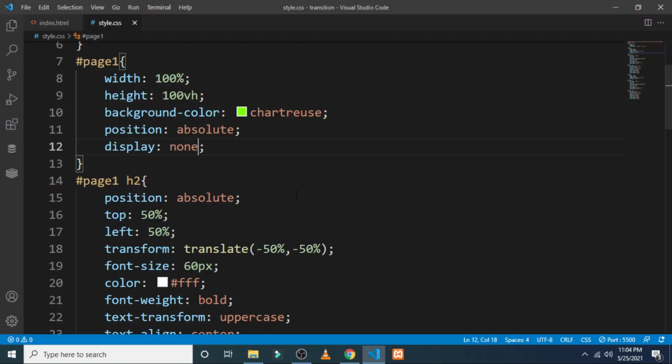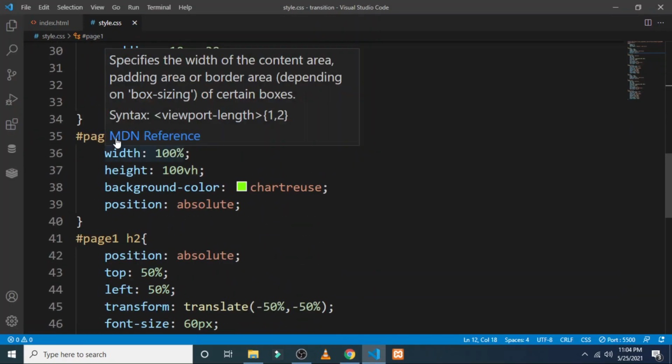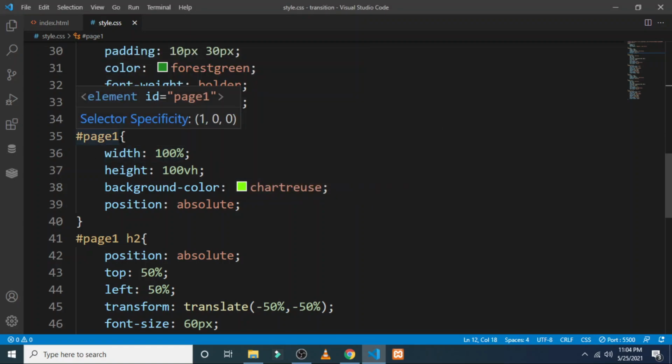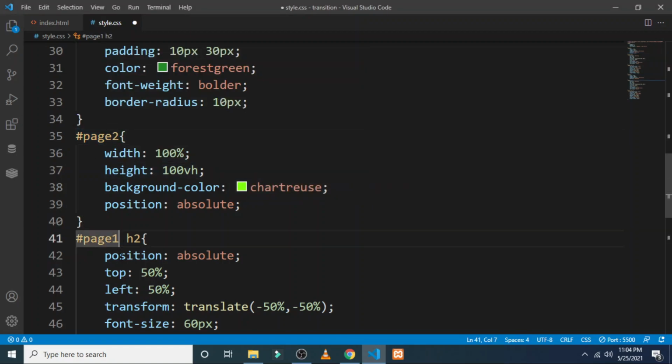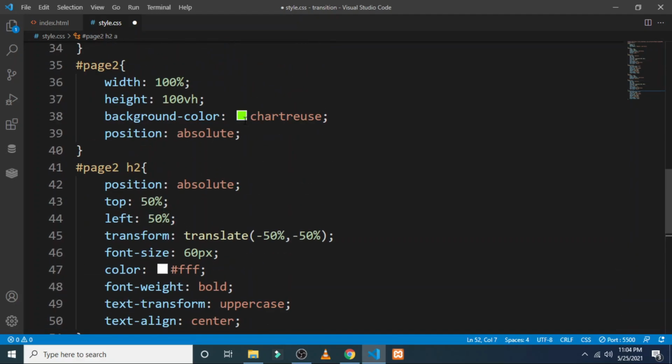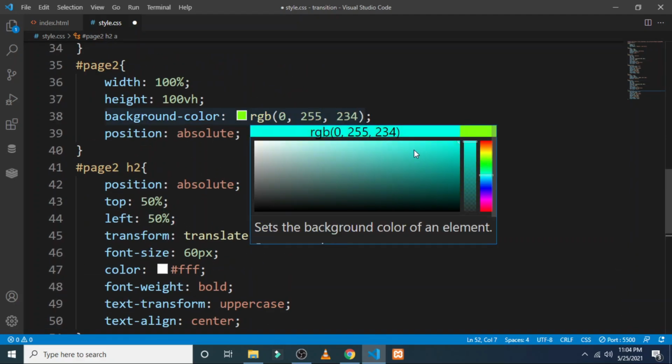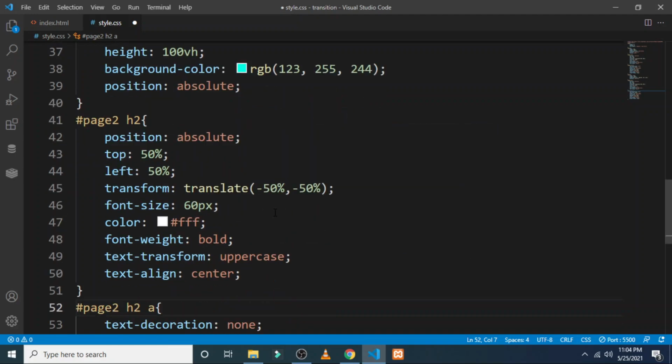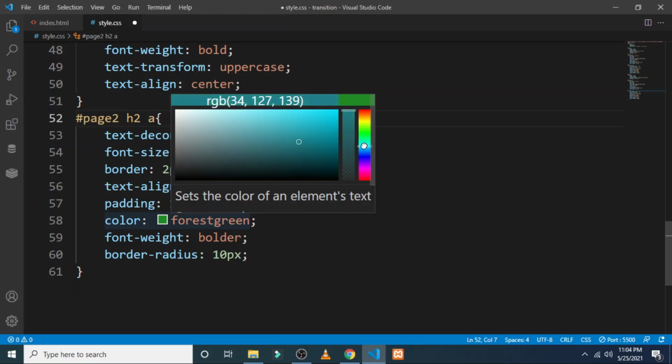Here, as you can see, nothing appears on the web browser. Change the id page to headings and page to heading anchors, and save it. After saving it, you can also change the color according to your choice. Here I have selected a blue and dark blue combination, so that it will look pretty nice in